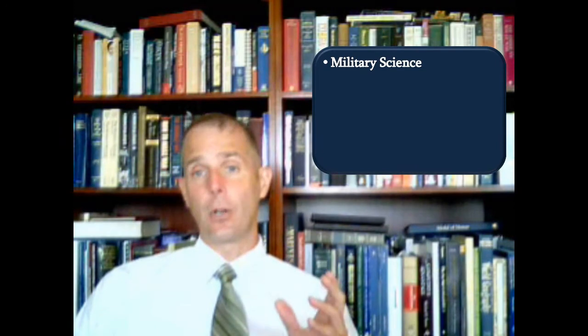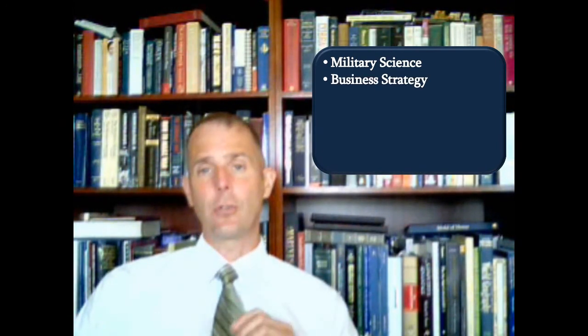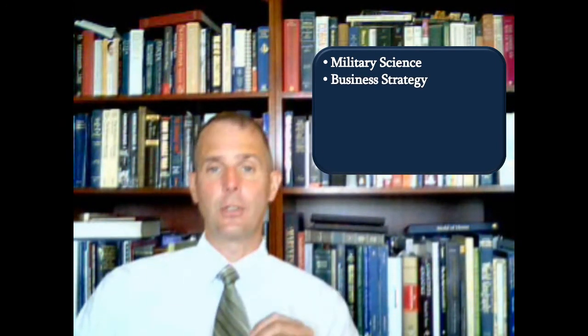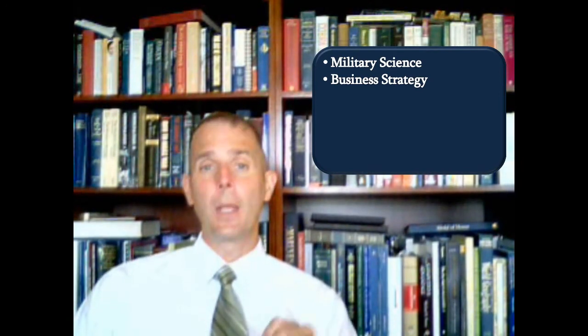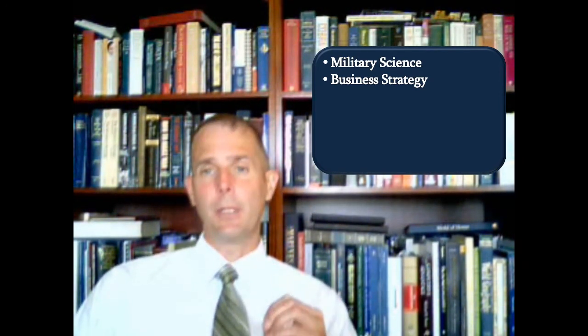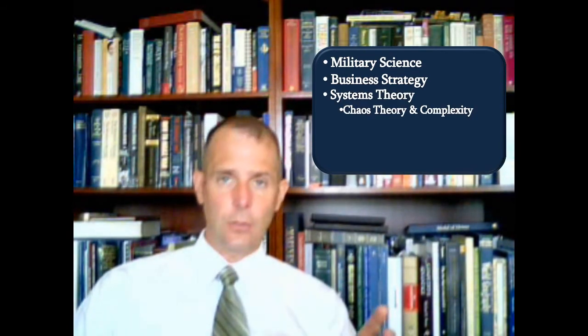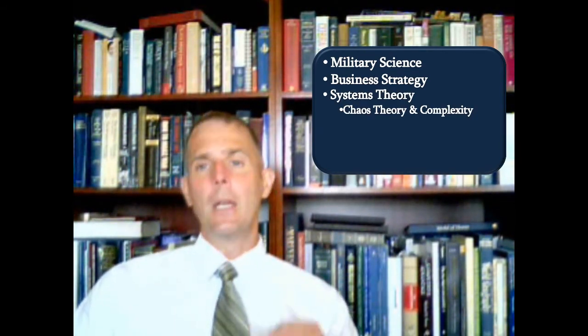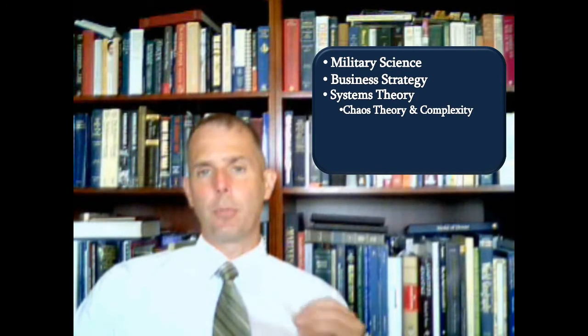We're going to look at things you may be familiar with: military science, Sun Tzu's Art of War, OODA Loop, and business strategy with competitive advantage, psychology of decision making, and other tools and concepts. But we're also going to touch on some things you may be less familiar with. Academic areas like systems theory and its subordinate sciences of chaos and complexity theory. These will give us a better understanding of the problems in the environment we're attempting to adapt.